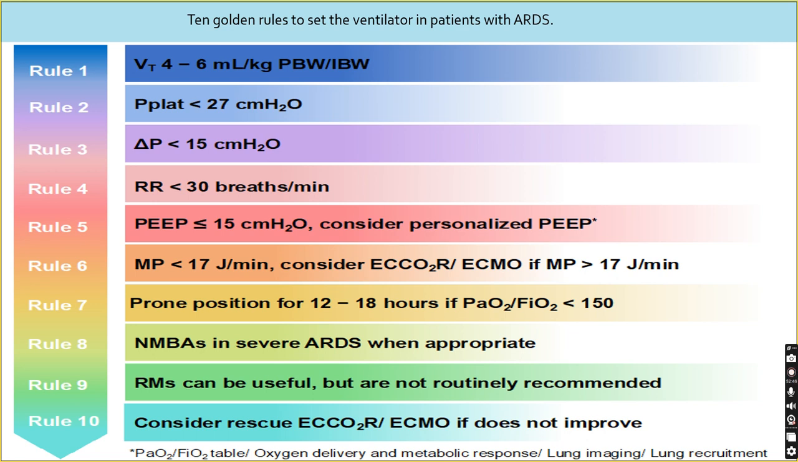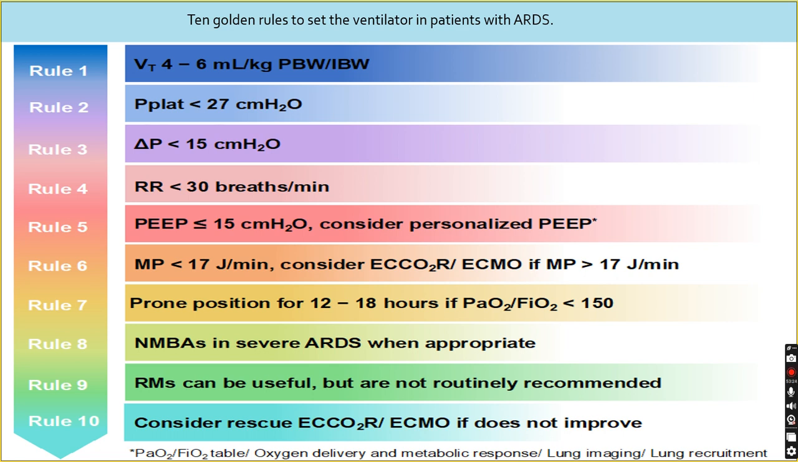PEEP should be optimal and should be high in moderate to severe ARDS, and you have to consider personalized PEEP depending on the patient's respiratory compliance and the patient's phenotype. Keep mechanical power less than 17 joules per minute. Consider extracorporeal carbon dioxide removal or ECMO if your mechanical power is more than 17 joules per minute. It can be used as a rescue therapy in a few patients, and the patient may be saved with ECMO or